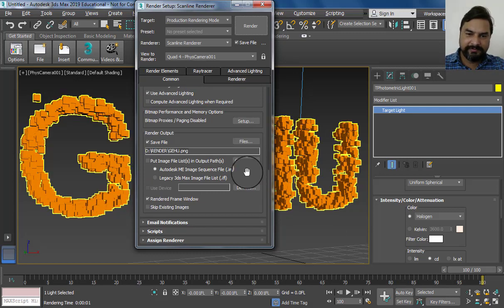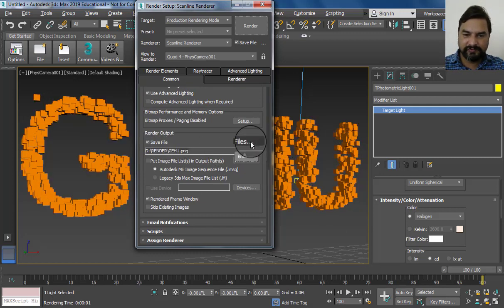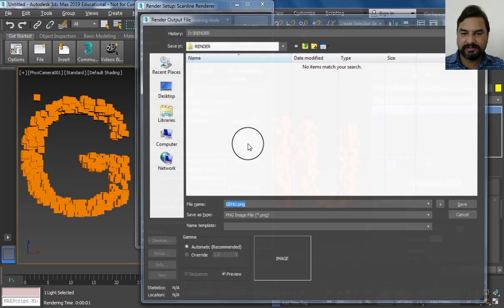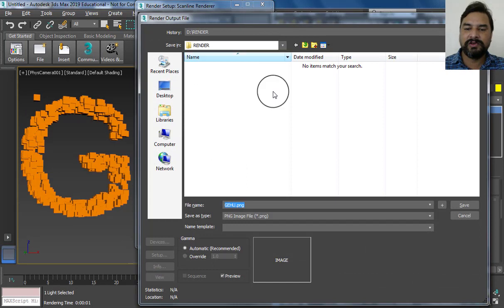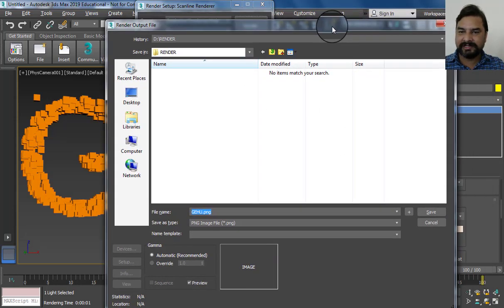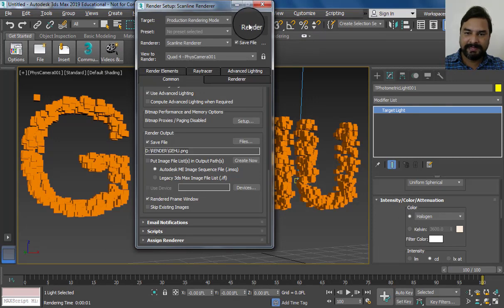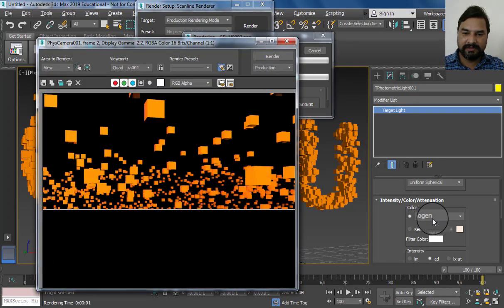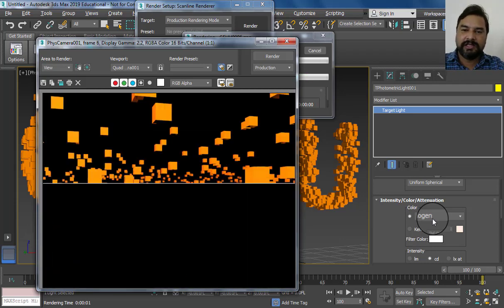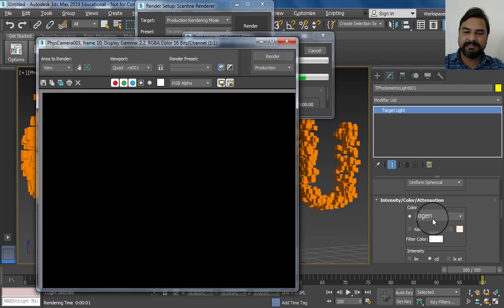Now simply select your location, go to save render output file, and we can place a render folder and select the file format. We can use a PNG file for these particular things. We can easily place a background for animating or for motion graphics in other software like After Effects. Then save the file and place the render. Simply, we can use animate render for this.